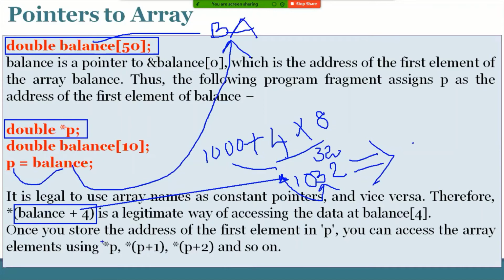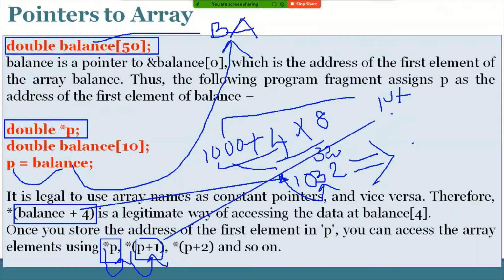And even by using a pointer variable also, here the address of the array variable is given to the pointer. So in this case, the indirection operator upon the base address means the first element will be displayed. In this case, the second element address, and the indirection operator upon that second element address will get the second element.